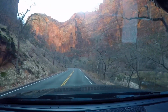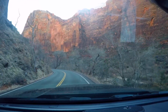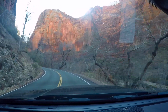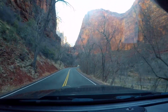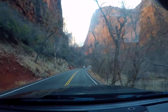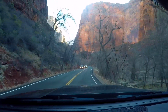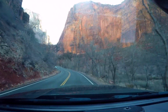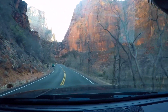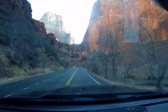It's not really a hard trail to do, to hike up through the river, because most of the time the water is only a few inches to a foot and a half deep. But being a canyon, if there's any rain in the area, you can get some flash flooding. So that's something that they're very careful and cautious about in the park, and making sure when weather's coming in, you got to watch for trail closures,